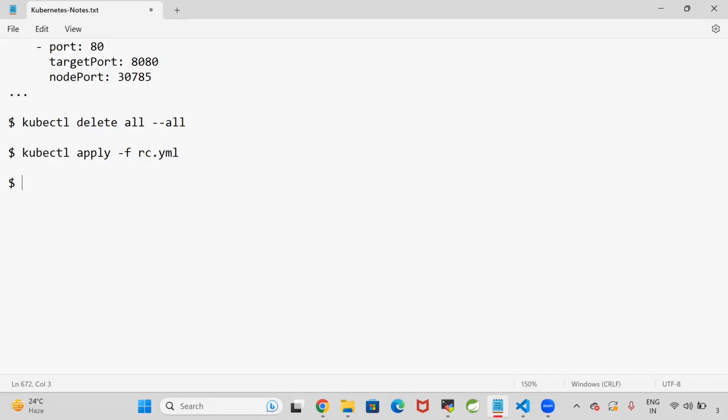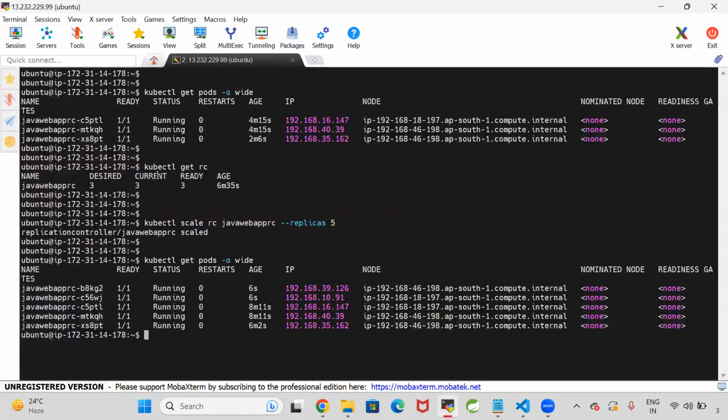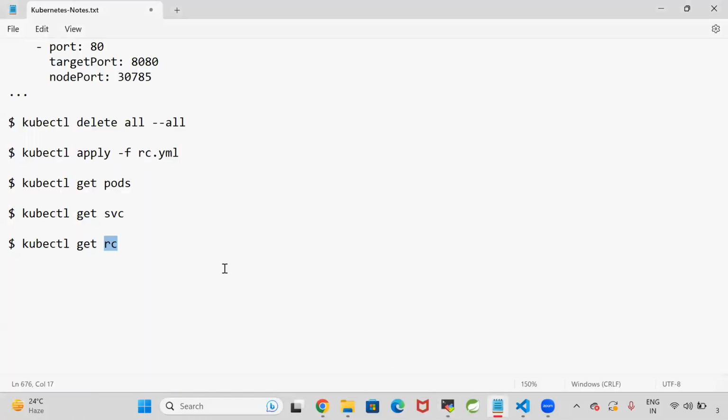RC is my manifest YML. Then we can check kubectl get pods, kubectl get service, and kubectl get RC. Get RC is nothing but the replication controller that we have created, we can check that. If you want to scale up the pods, you can go here and execute this command